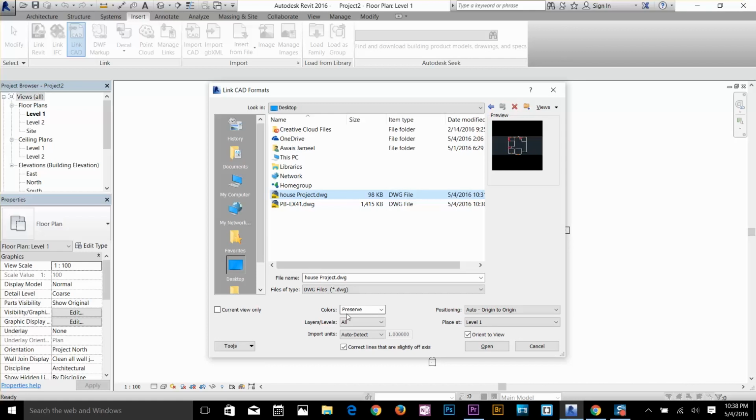So what are we going to do? We've got options for colors: preserve, invert and black and white. I'm going to select preserve because I will explain that well. I'm going to bring that into Revit. So layers and levels, select all. Import units, you can select inch, feet or whatever you want, but I would recommend sticking to auto